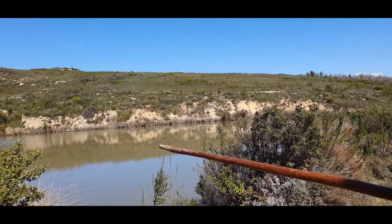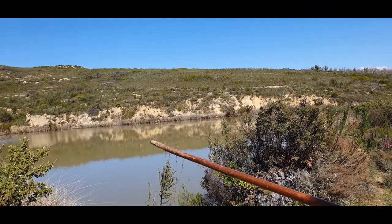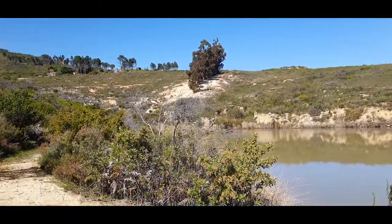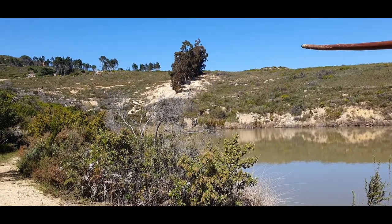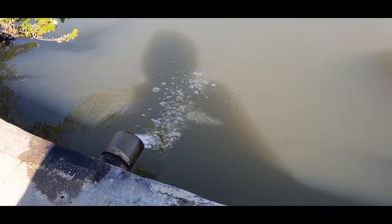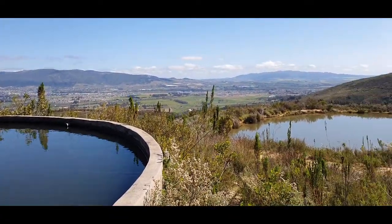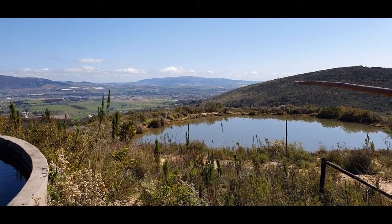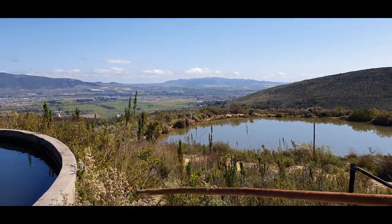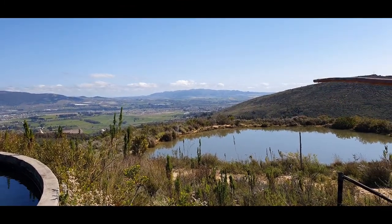So we come up into sort of, it's not quite the middle of the farm, but there are two dams on the farm. This is one of them, being fed straight out of the mountain, little stream here. If you look, this line of gum trees is the back border. So this is the water coming from the spring up in the mountain behind us. So it feeds this reservoir, and from this reservoir it heads off into this earth dam here. So this is the second earth dam on the property, and then from here it goes down to another reservoir. But basically this is the source, main source of the water, and it can gravity feed all the way across